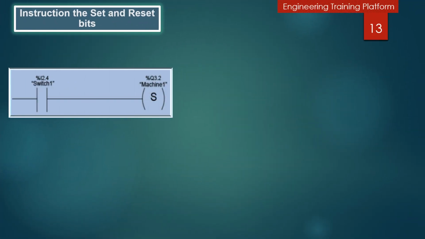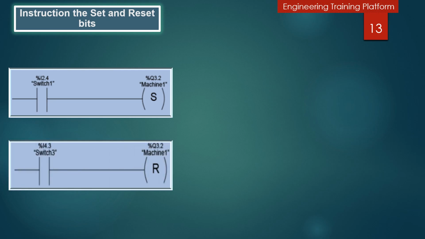We are going to discuss the instructions for set and reset bits. There are a variety of ladder instructions for setting and resetting bits. For example, the graphic shows a network with set and reset coil instructions. When there is power flow to the set coil instruction, the bit specified by the instruction's operand is set to 1. When there is power flow to the reset coil instruction, the bit specified by the instruction operand is reset to